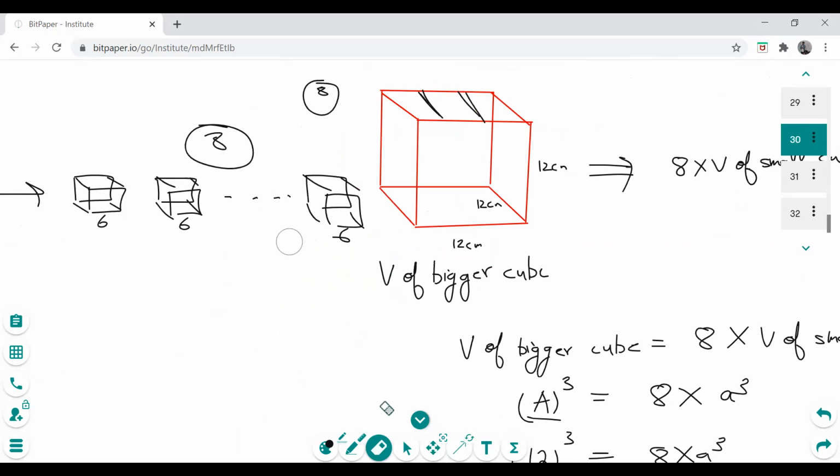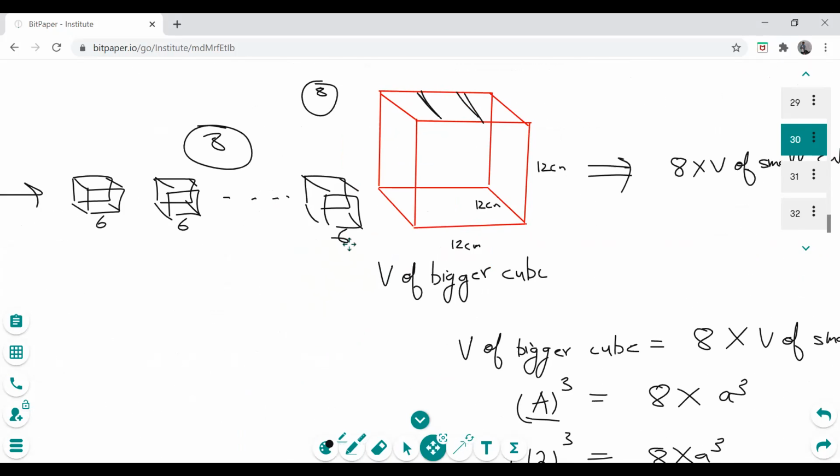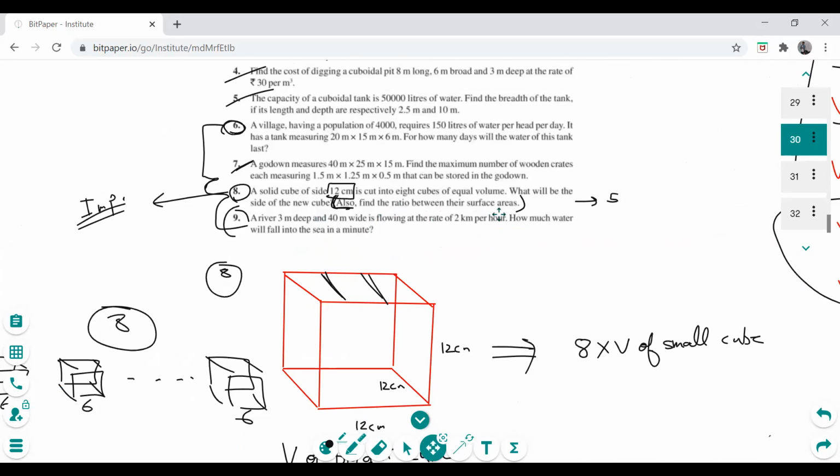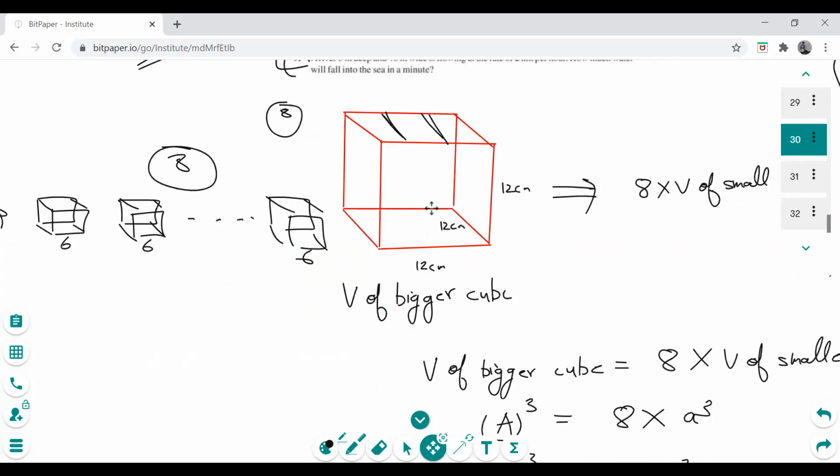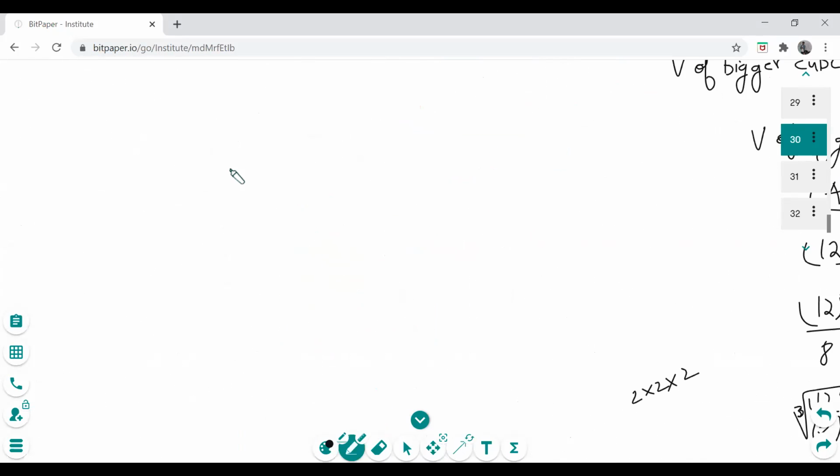Okay, let me not drop this. Let me go to the second part now. The second part says also find the ratio of the surface areas. When I say the ratio of the surface, I mean this part, ratio up and down. Now the ratio, I will take the first thing that is given on the upper side and the smaller thing on the lower side. So the ratio can be written as the bigger surface area, that is the surface area of the bigger cube,